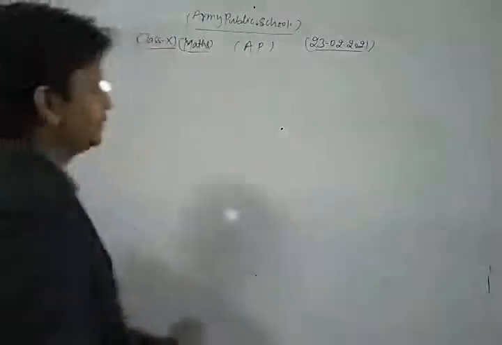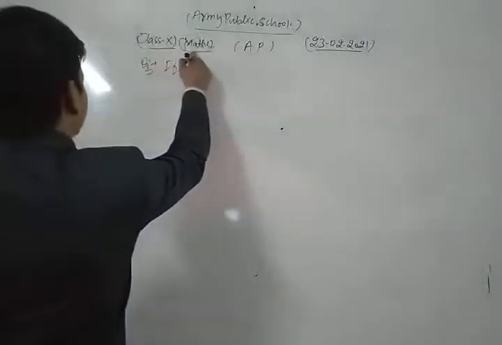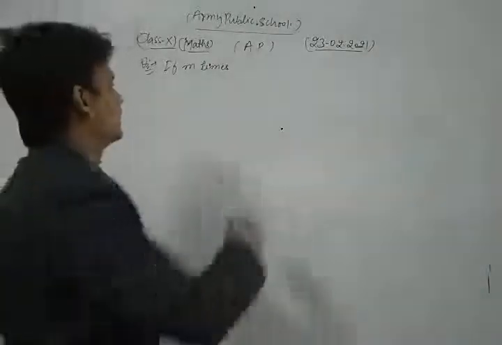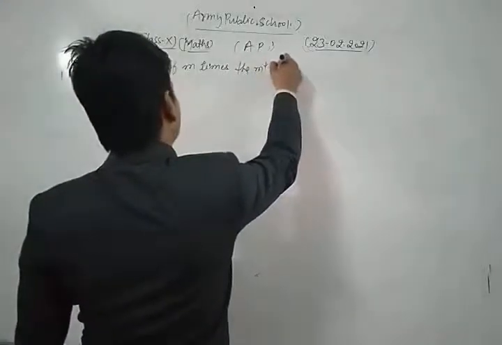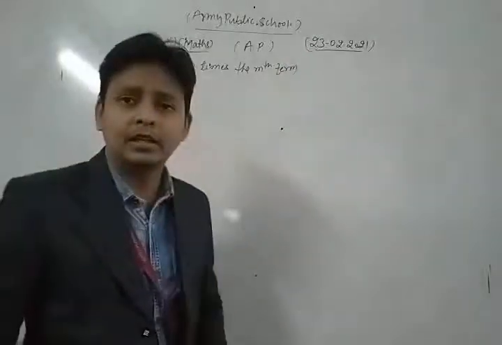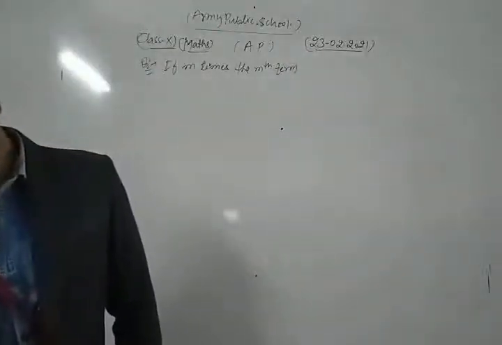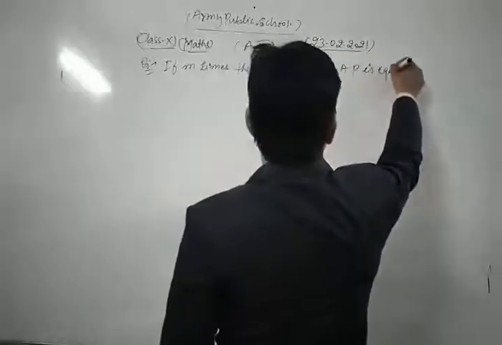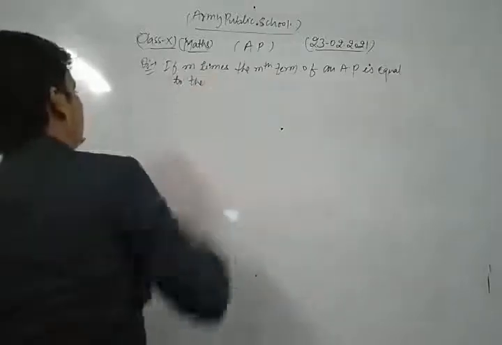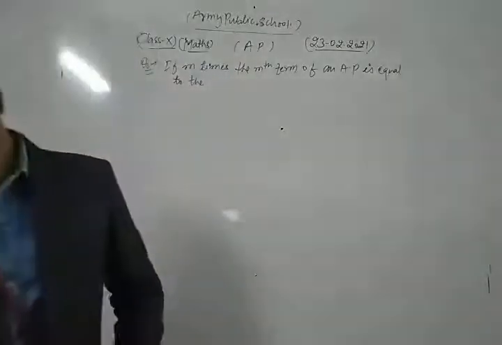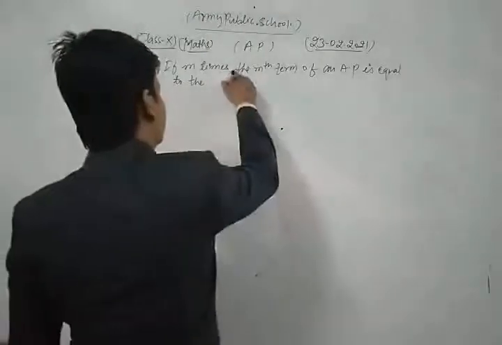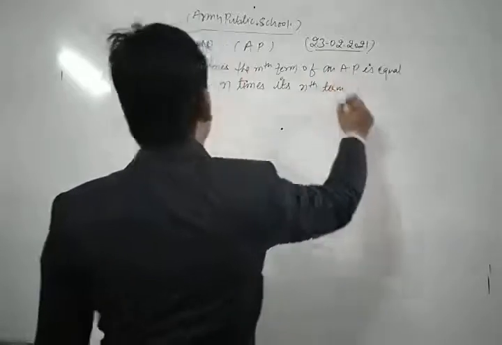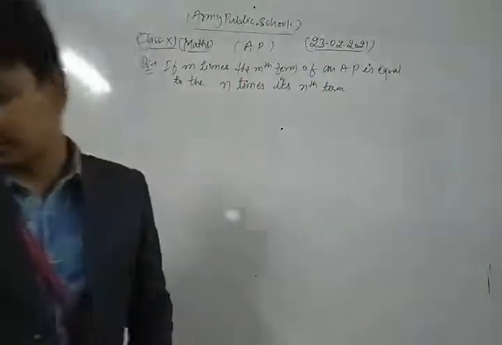If m times the mth term of an AP is equal to n times its nth term,